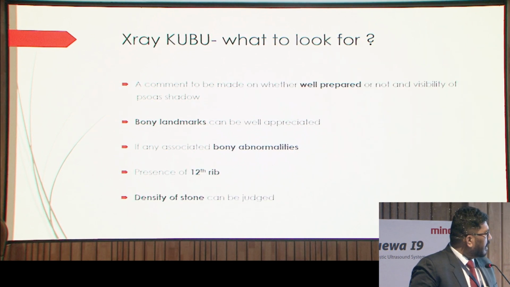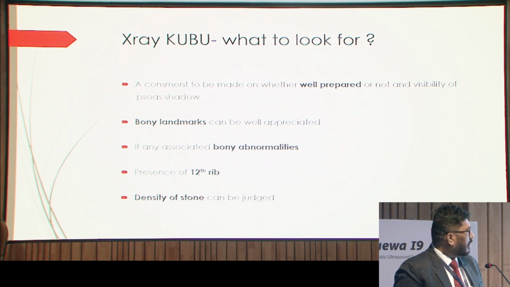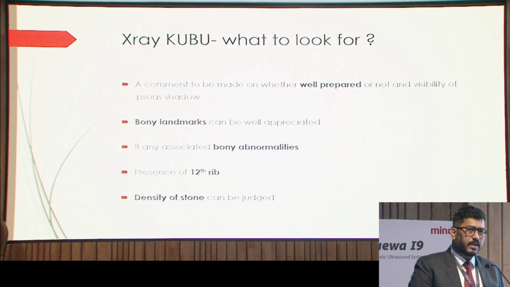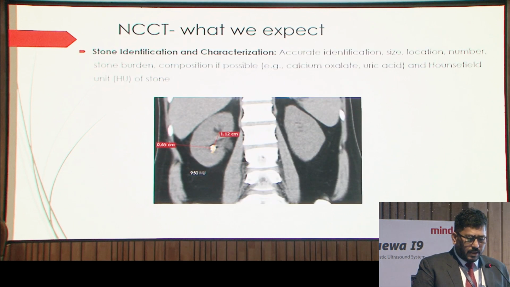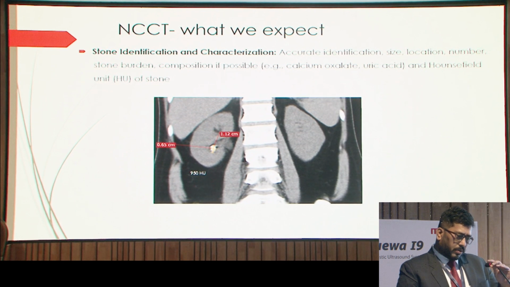Then X-ray KUB view, again just passing comment, because it should be a well prepared X-ray, bony landmarks should be seen. Any associated abnormalities, then presence of 12th rib, of course it should be mentioned, because for PCNL or rib cutting incision for any procedure, we need to know this information, and density of the stone can be judged, right? So coming to NCCT,